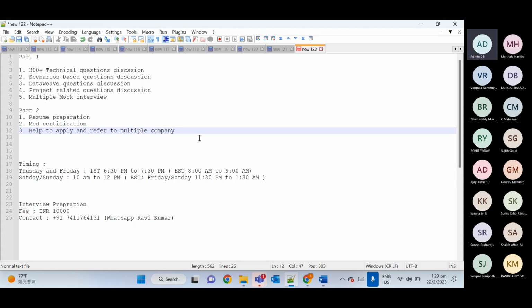There I will tell you what details you need to put so your profile visibility will increase. And one paid service is also there that is not very costly, but that will also help you to increase the visibility of your profile. But we'll see. First, we will go without a paid service. I will help you to put some key points and what all details you need to put to make it more visible. In the worst case, if you do not get many calls, then we'll go with the other service also.